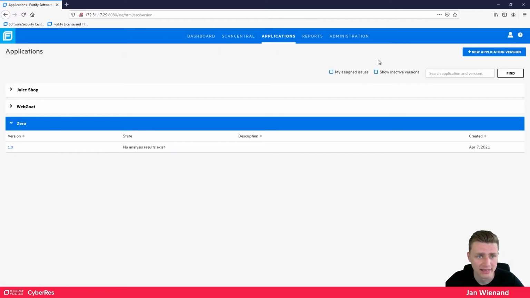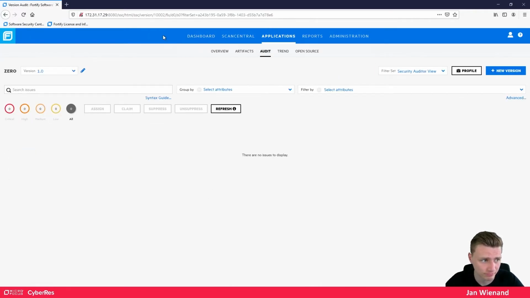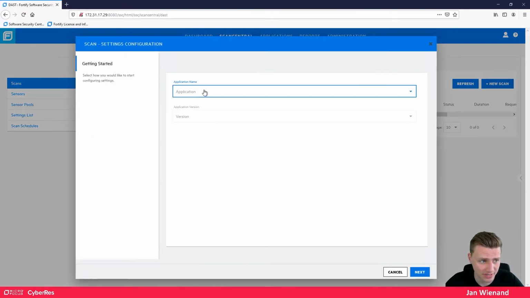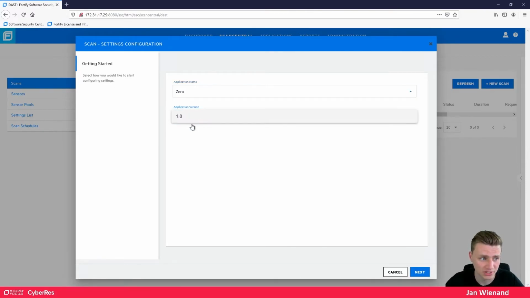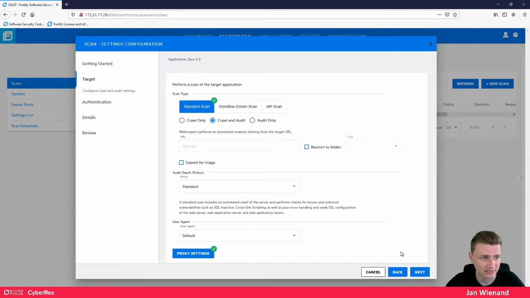So I created an application called 0 in the version 1.0 without any kind of auditing information. Now we will create a new scan for our 0 web application in the version 1.0. So we will create completely new settings and click on next. So we want to do a standard scan. You can also choose between the workflow driven scan or the API scan, but we will do just the standard scan. And we will do a crawl and audit, so just the normal scan of our web application,